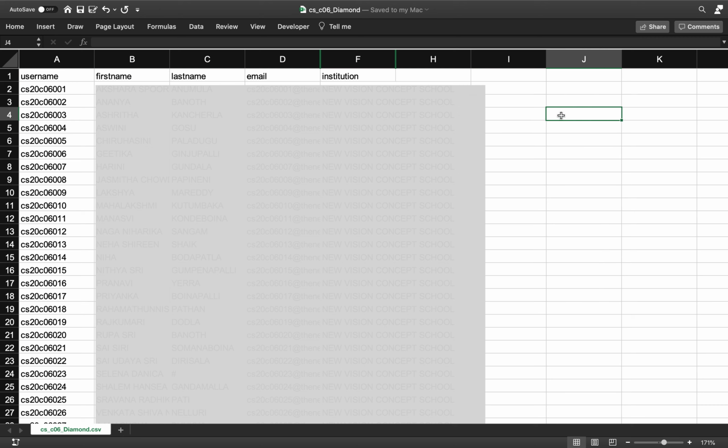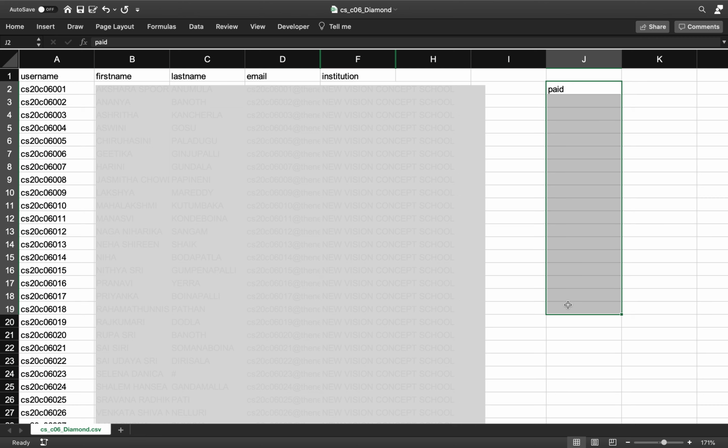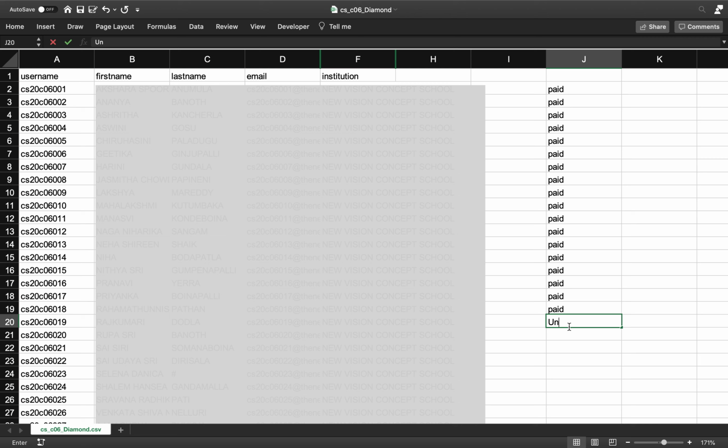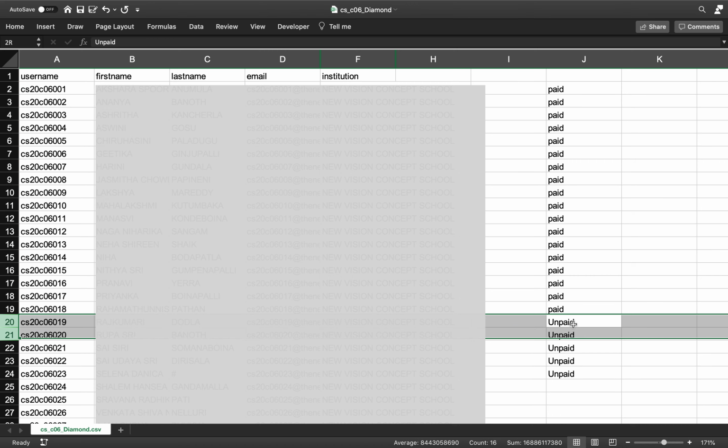You should give access to the paid users and you should revoke the access of unpaid users. Let us say all these are paid users. He is an unpaid user. So these are unpaid users. We should revoke the access for these students, these usernames.